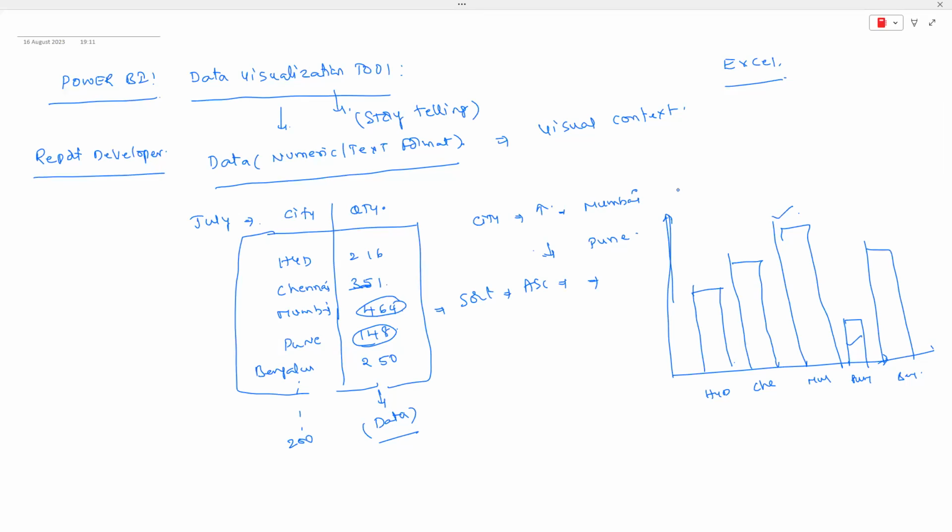So report developers, guys, one of the roles is going to be report developers. The complete role is to work with the reports. They want to develop the business reports. The second thing is, nowadays we have heard about different types of roles, guys, like the data analyst